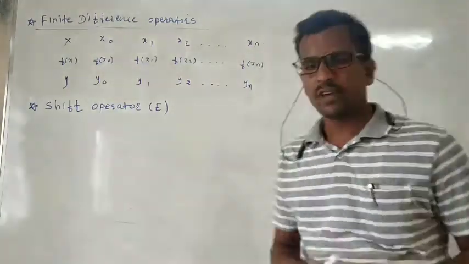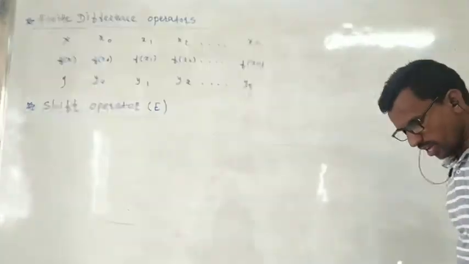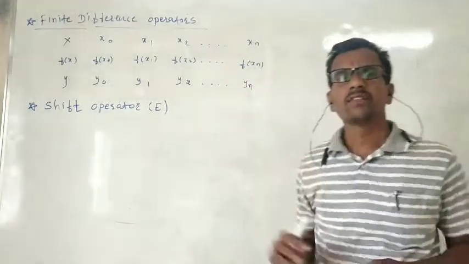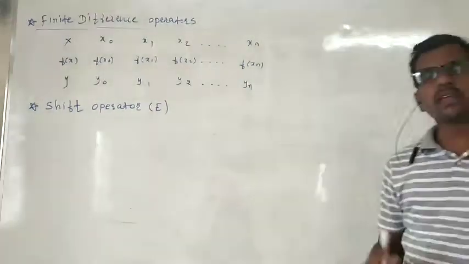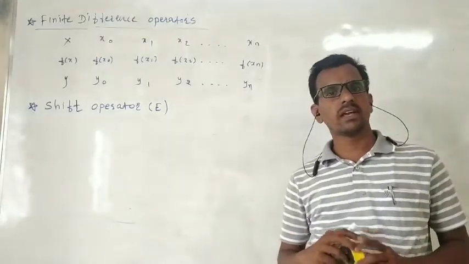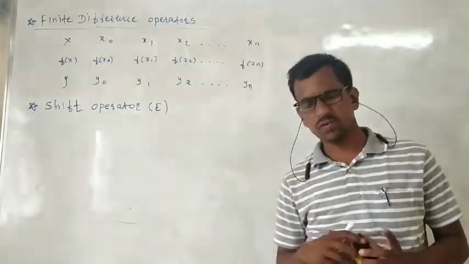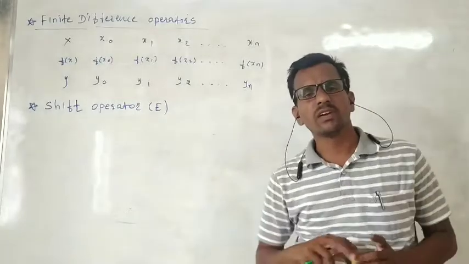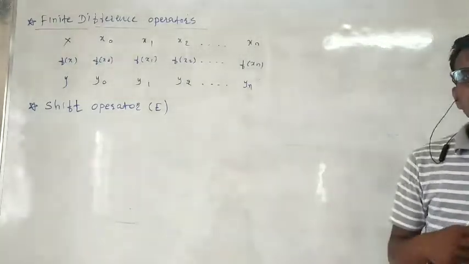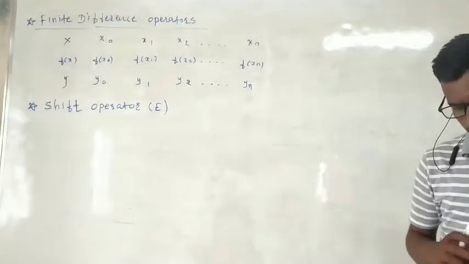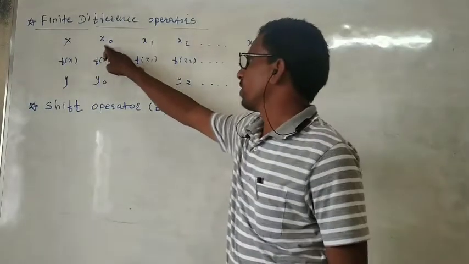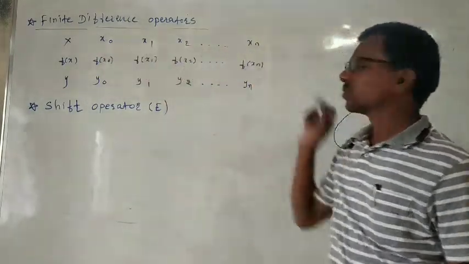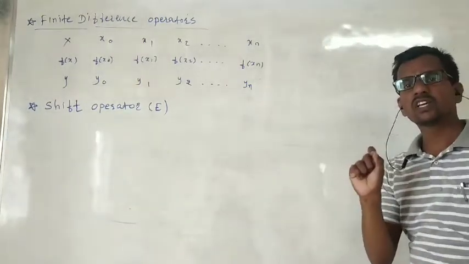Hello, welcome all. Today we will discuss some finite difference operators जिनका यूज हमें आगे जाके इंटरपोलेशन फार्मूला में करना है, जैसे न्यूटन्स फॉरवर्ड इंटरपोलेशन फार्मूला, न्यूटन्स बैकवर्ड इंटरपोलेशन फार्मूला, लाग्रांजेस इंटरपोलेशन फार्मूला एंड सो ऑन. ओके, so for this given n plus 1 points, that is x0, x1, x2 up to xn, which are equally